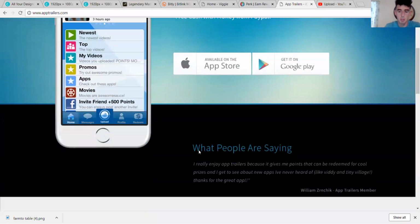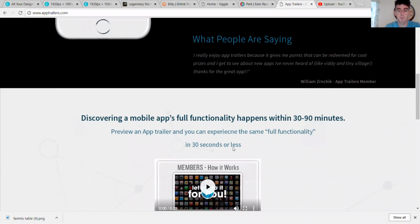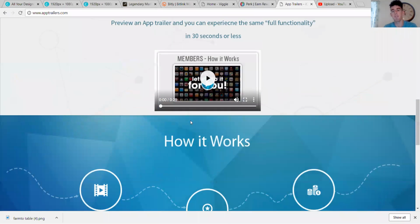So this is really cool. It's not just watching videos. There's another cool way that you could gather points: you can start making videos on this, and the more likes you get, the more points. So it's just like YouTube in a way. The more likes you get, the more YouTube will start to like you, and it'll start to promote your videos a lot more. So the more likes you get, the more they're going to reward you, like putting your video on the top of the list of whatever you